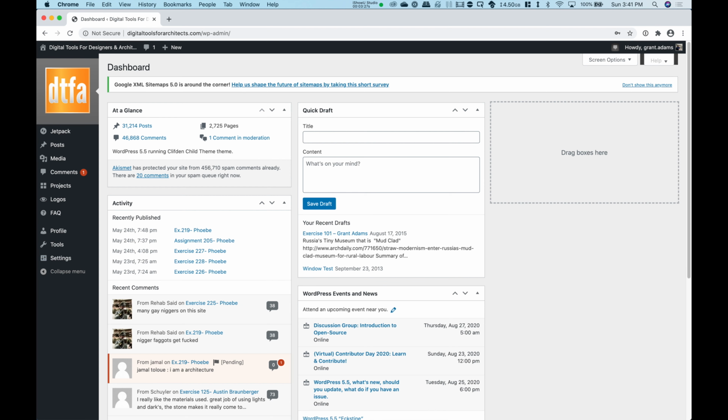This gives us a little bit of information at a glance here. A couple things to point out. The first thing is on the left side here in black, we have what are called posts. This is how you're going to be turning in your work. We'll actually create one a little bit later. You can view all of your posts if you want.